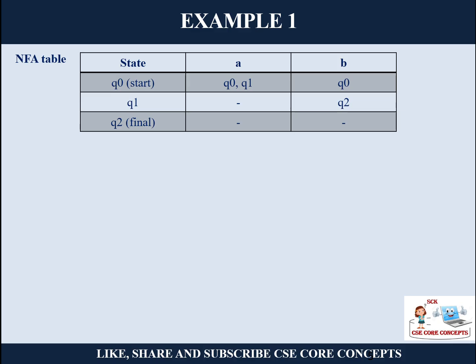If you are given an NFA table, how are you going to complete it and convert it into a DFA? Let us consider this NFA table. This table shows the transitions. How many states do you have? You have the Q0 state, Q1 and Q2. Three states are there, and there are two inputs, A and B. With input A, you go to these two states and so on.